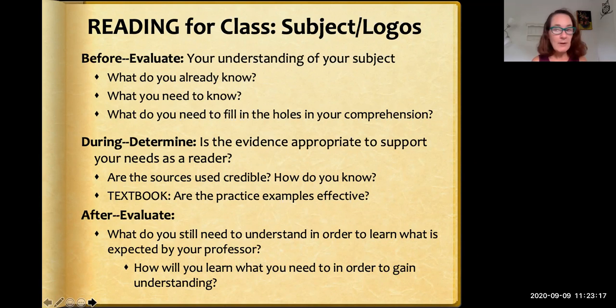So use your professor's office hours. If you're not sure of the purpose of the assignment, find out. Am I supposed to learn all of this? Like, am I just supposed to have an opinion on it? What's the goal here, right? So make sure that you understand why your professor is assigning something and that you get out of it what you need. Go to their office hours if you don't, email them if you don't understand the assignment, and use the STEM Center for tutoring.